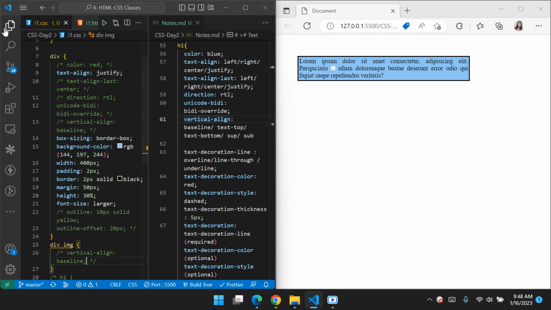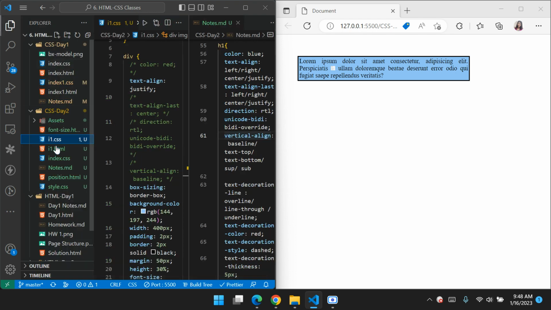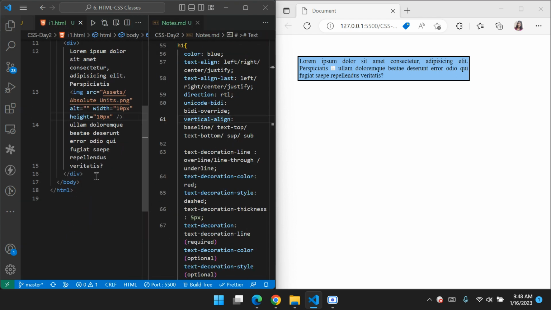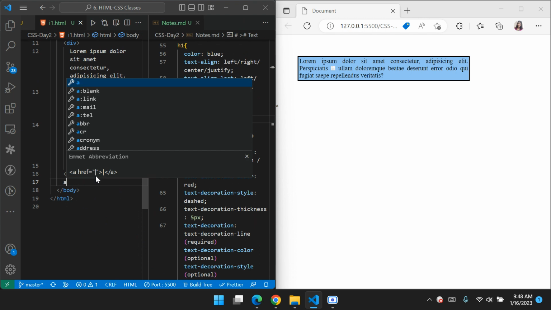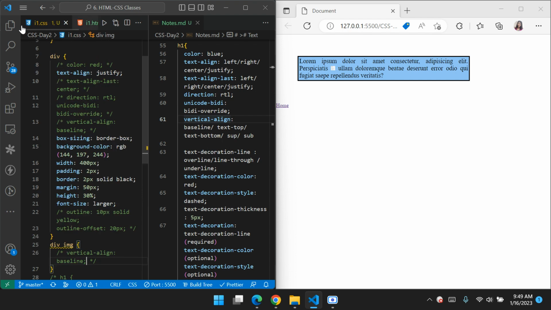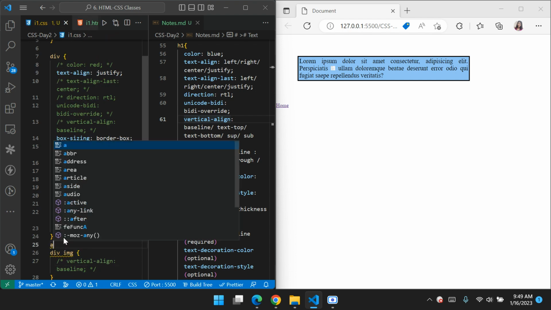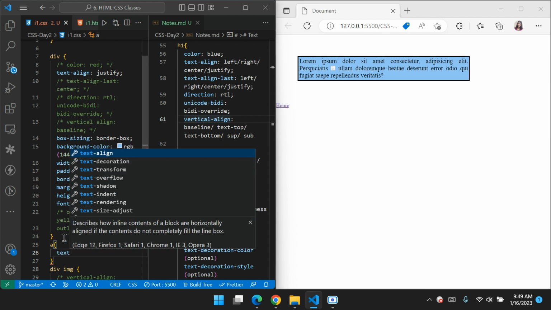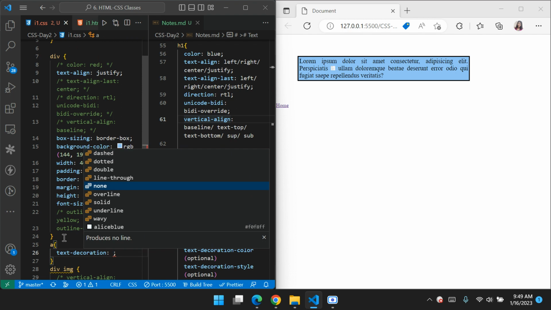Similar to this, let me add something else, which is if I want to add some links. So here, let me add Home. A simple link I have added. See here, you can see. Now I want to add some styling over here. So for this a, I will do text-decoration, and if I do none,